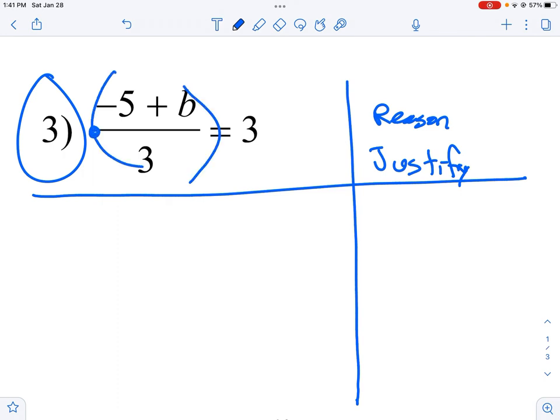So I'm going to take this whole thing and times by 3. Let me delete that. And I'm going to come over here and times by 3. What you do on one side, you got to do on the other. And so that first property there, where we times on both sides,